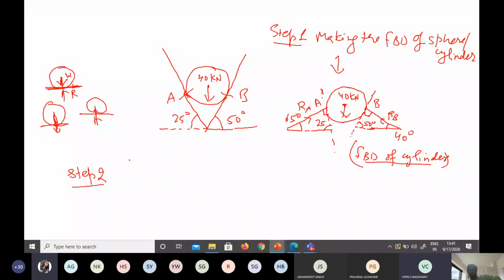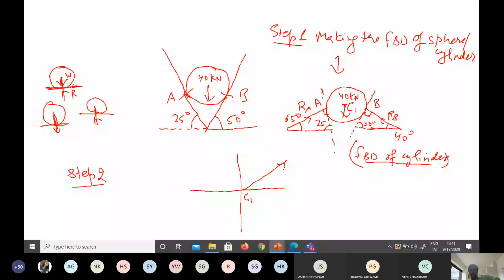See here. This is the center point. Let us say C1. This is the weight which is acting downward. This is the reaction RB. This is the reaction RA. So these three are the only forces which are passing through a common point. So I am just making it in the final way so that you can apply Lami's theorem or whatever you want to apply. See, this is C1. So I am extending this RA. I am just extending it from here.